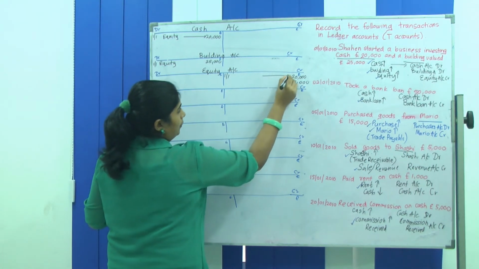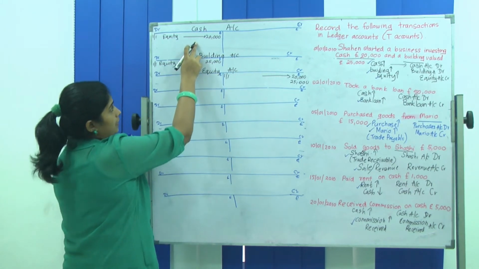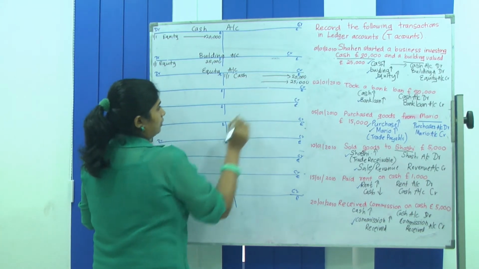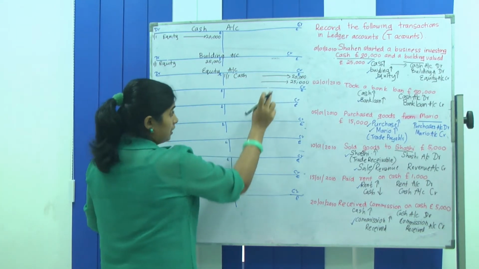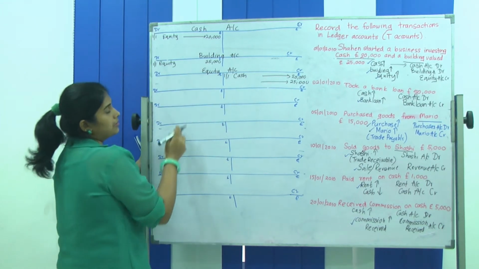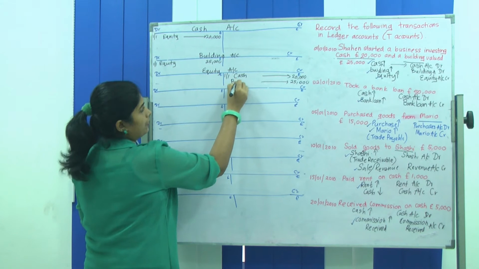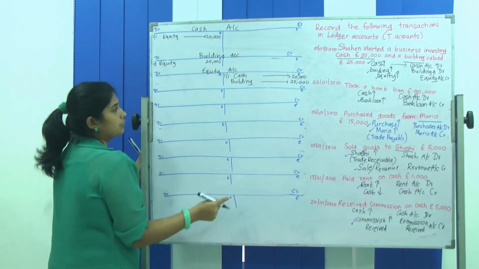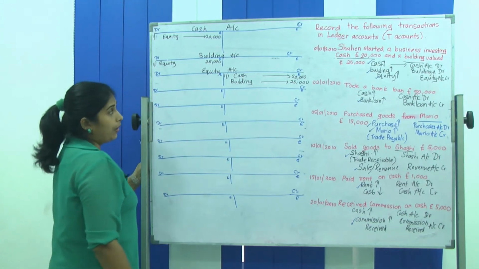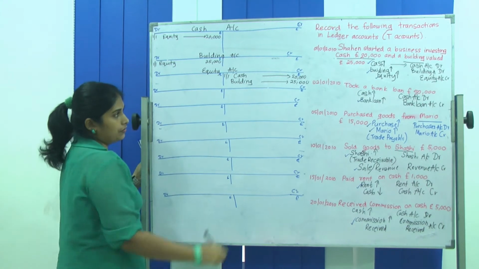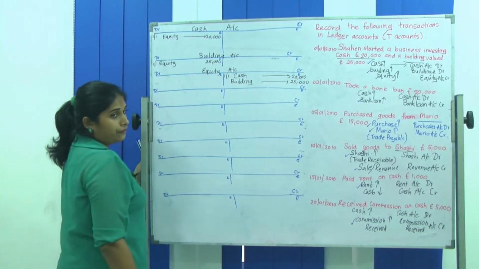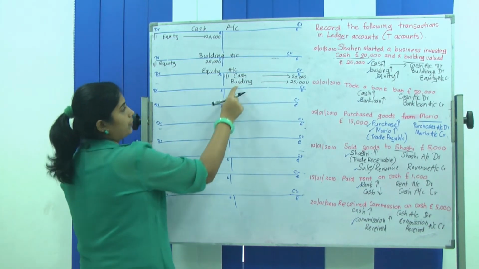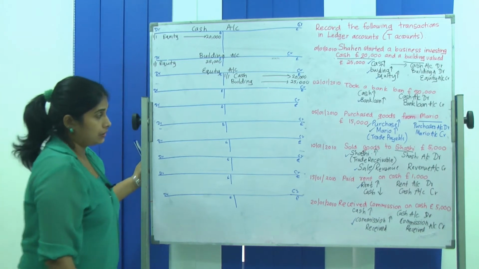So in front of 20,000, the credit entry is there, whereas the debit entry is there in the cash account. So you can write cash. 25,000, the credit entry is there in the equity account, whereas the debit entry is there in the building account. So in front of that you can write building. Now no need to draw the arrows. I have drawn the arrows to show you that you have to write the name, detail, date, everything right in front of it. Now right in front of 20,000 you have to write cash, and right in front of 25,000 you have to write building. So that is the first transaction.